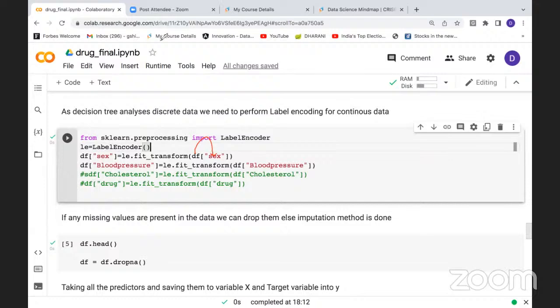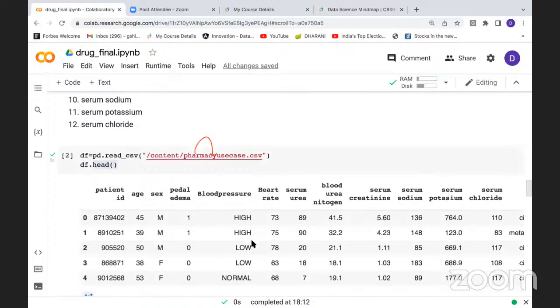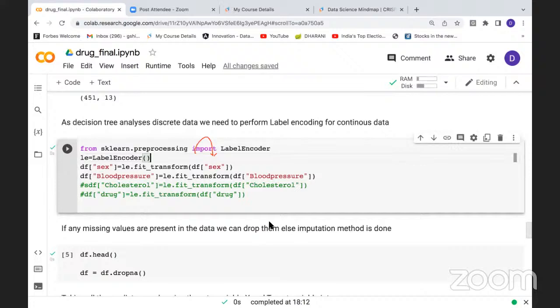Okay, again, if you observe here, most of the things are numbers. Only the sex column and blood pressure, which is high and low. For a few people, it is normal also. Given this normal also, their heart rate was not in sync. It was not like normal. So now we have to even convert the blood pressure column into label encoding. Okay, so what should I do? The fit_transform function is there, where I have used the data set name. In the data set, you have a column called blood pressure. Convert it into numeric form. Label encoding, like an order format. So when we run this,